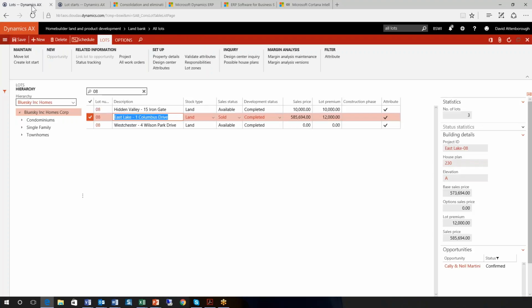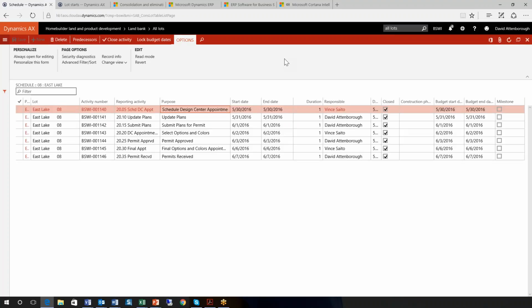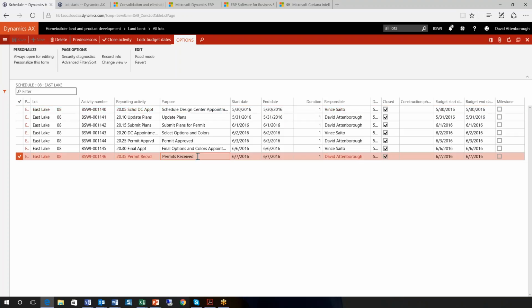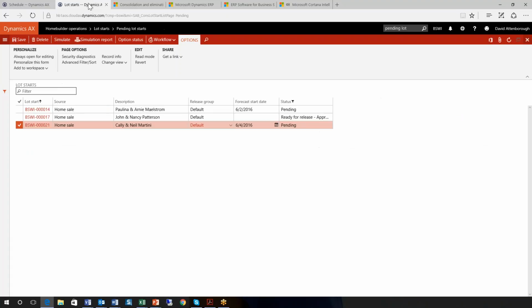Actually, the way I've got it configured is it wouldn't show me the lots available for start until these activities had been completed. So as we can see here, the key activity in this particular case is the permits, and they've been received actually ahead of schedule sometime in May. So we're ready to take a further look, and the lot start coordinator